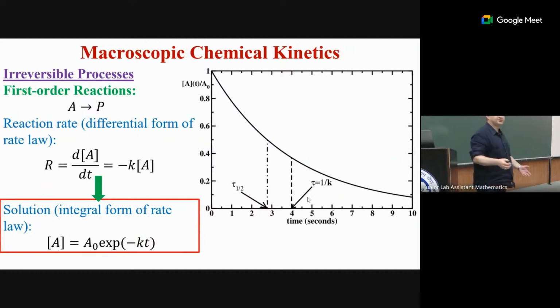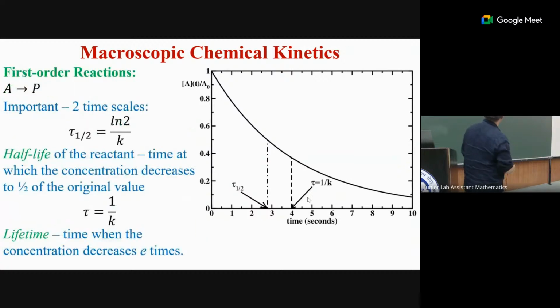It's easy to solve this, and that gives you this exponential dependence. A0 is the concentration of compound A at time 0. It's not only chemistry, radioactive decay follows the same law. So it's exponential decay, and the result is plotted over here. See, it's a normalized concentration. This is the result of solving this equation for some specific rate.